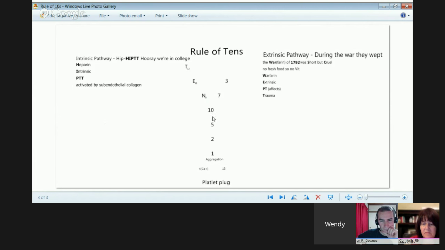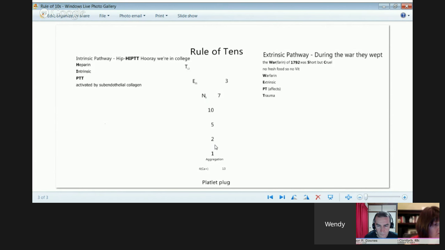The other thing that you need to know is, first of all, the factors have names. Now, having said that, you really only need to know 3 of them. Well, sort of 4 of them. So factor 2, the unactivated factor, when it's just hanging out in the blood, not activated, it's prothrombin. And then once factor 5 activates factor 2, it becomes thrombin. So that's important to know. And then the activated 2, or thrombin,